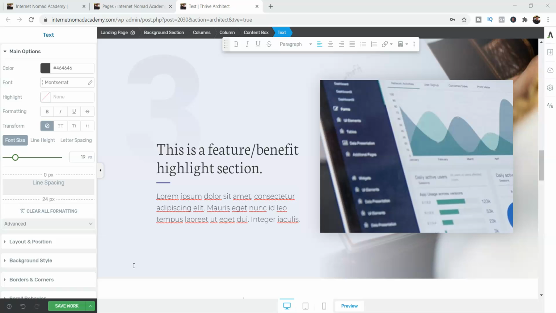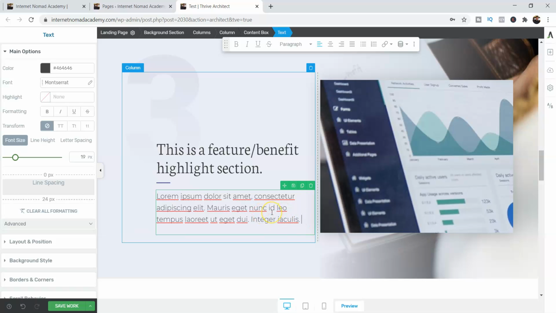So when you're writing a blog post or just writing stuff on your website, usually you're working within boxes like text boxes, and it can be really claustrophobic. In Thrive Architect they've got a distraction-free mode, and what that does is it opens it up so you're able to type without all the borders and everything getting in your